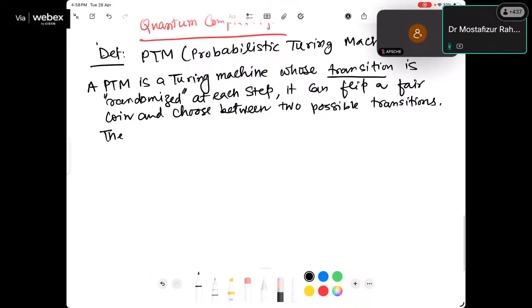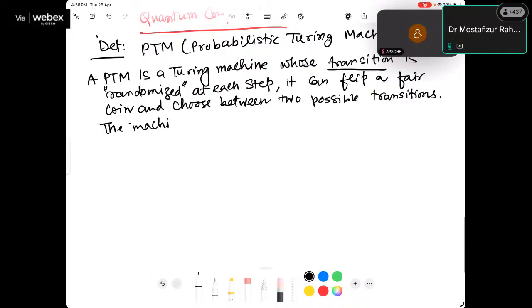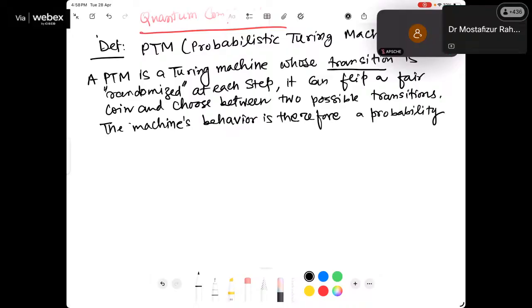The machine's behavior is therefore a probability distribution. So at the end of the machine or language, you get a probability distribution, exactly what you get